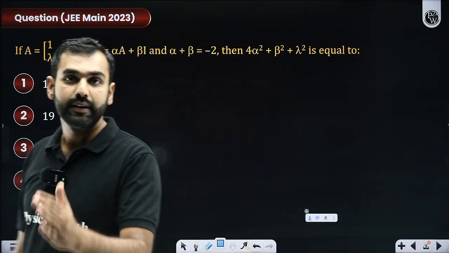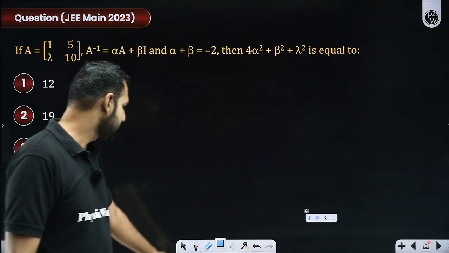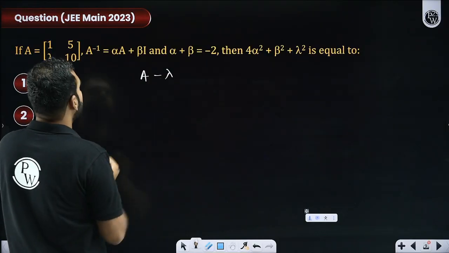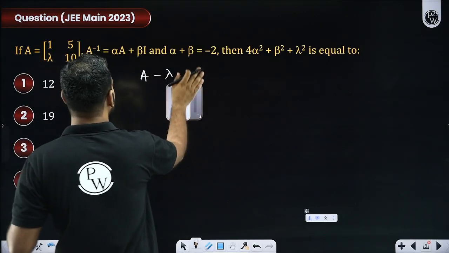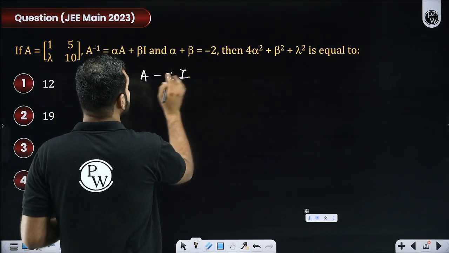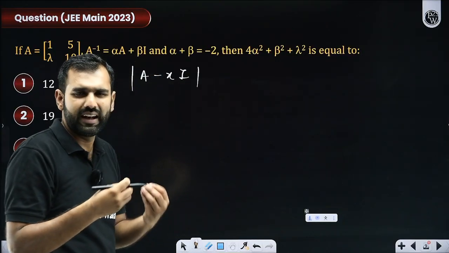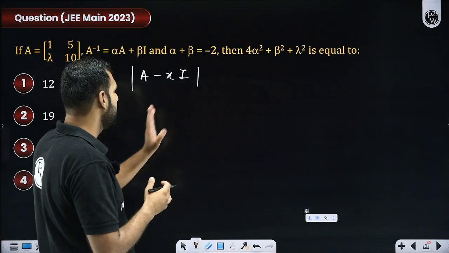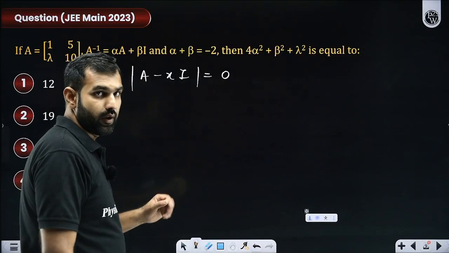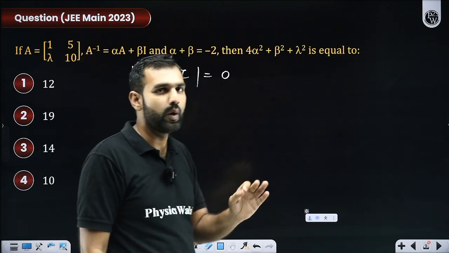Let me apply the Cayley-Hamilton method here. They suggested that for any matrix A, there will exist a scalar lambda. I think there is already a lambda, so I'll introduce some other variable x, such that determinant of A minus xI, you can say k or x or l or m or a, whatever you wish, but you're supposed to take one thing. So this will always be true. For any matrix A, there exists a scalar such that the determinant of A minus xI will be 0.